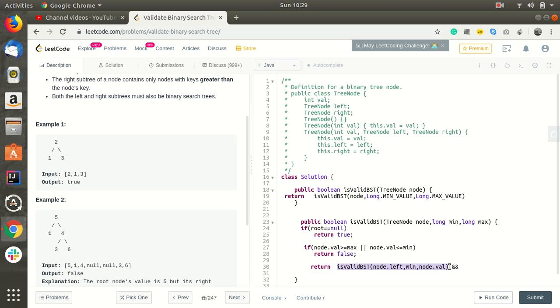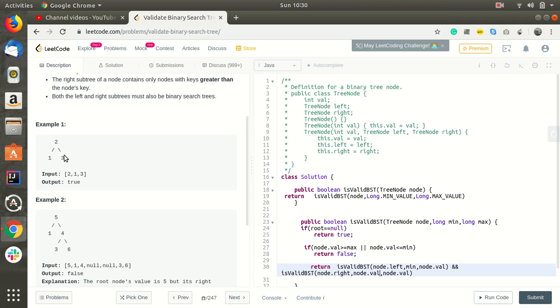Again, I am passing to node dot right the minimum value as node dot val. If you are processing the right subtree, then you will pass this 2 as the minimum value, so that 3 cannot be less than 2.